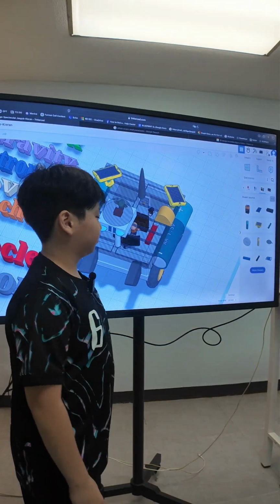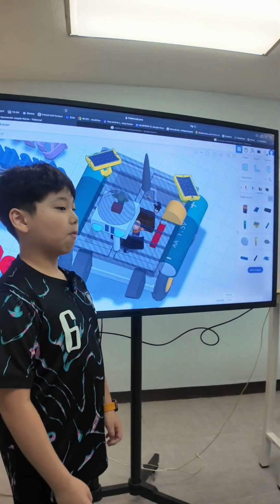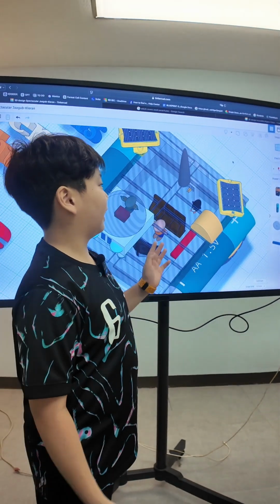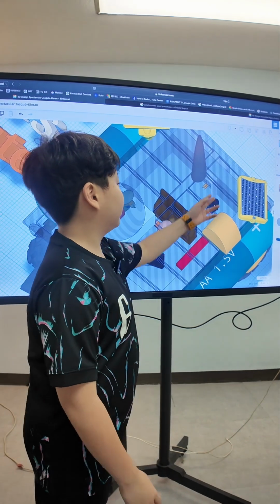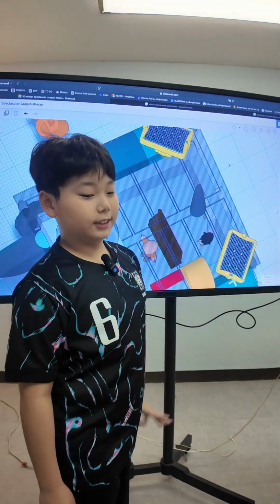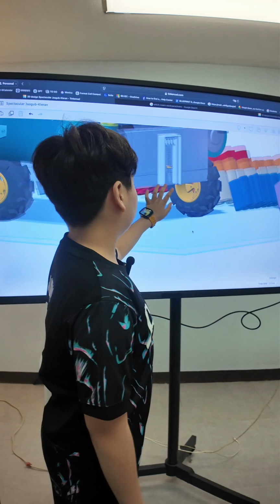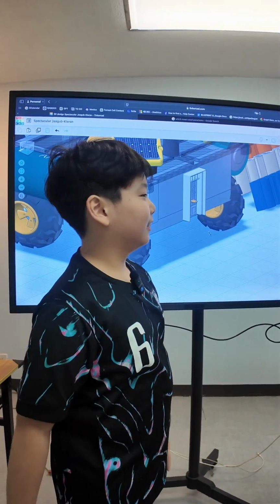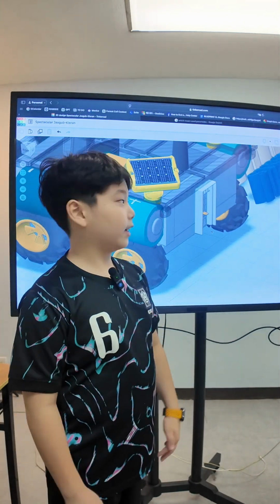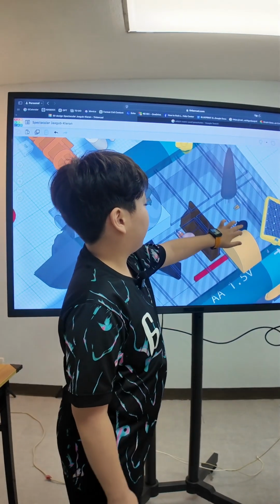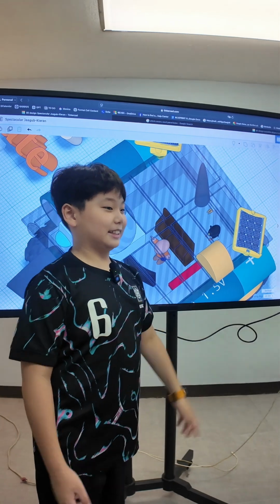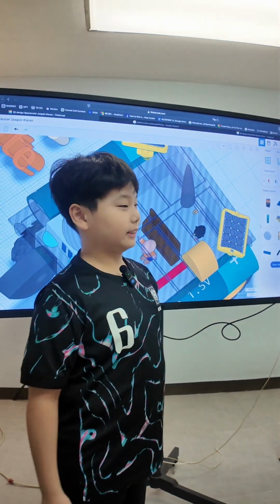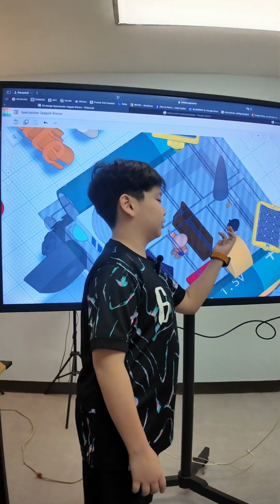So I think that rover will accommodate more than 3 people. What do you think? No, I think it can. I'd have to maybe upgrade more. And this is the door. Can you go here, teacher Edward? Yeah, this is the door to go inside. Because if there's no door, how can I go inside? It's too high. Okay. And inside there will be a penguin. This is a penguin assistant, like an AI robot. I wanted to find a robot, but there were no robot characters, so I just used a penguin.